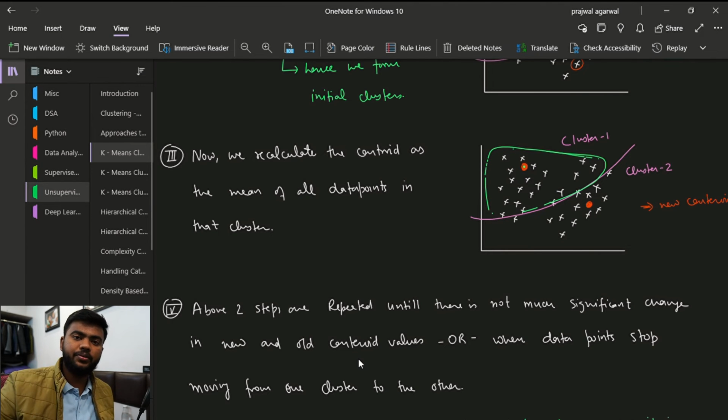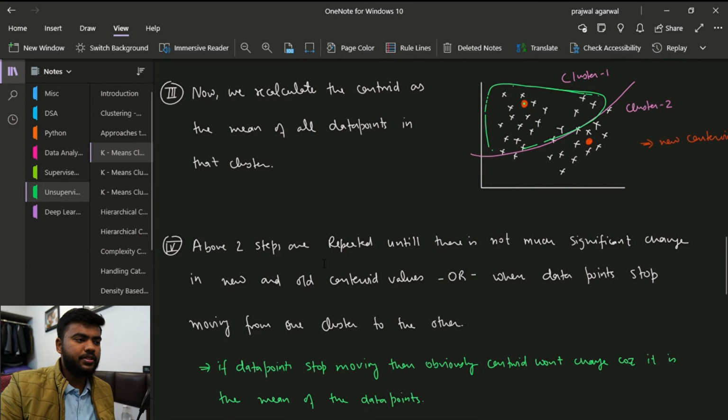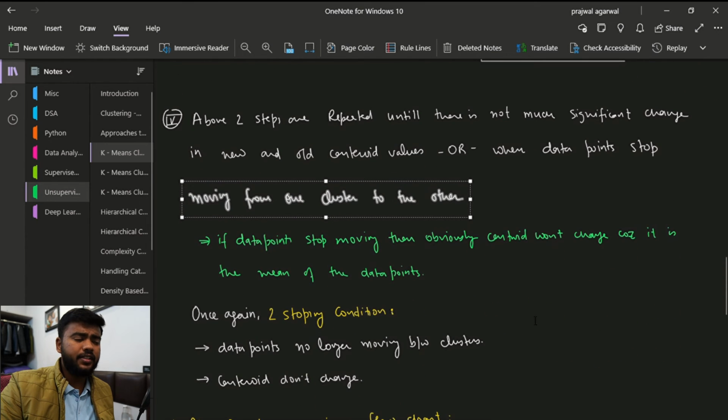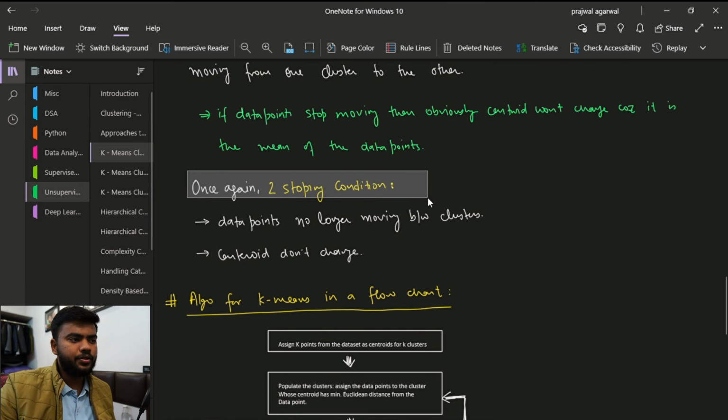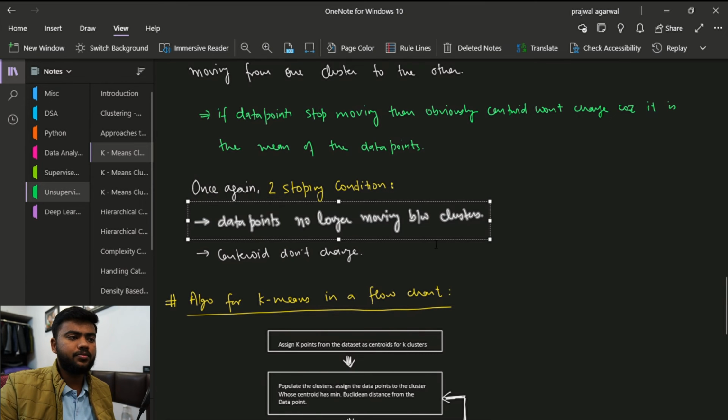This will continue until the data points stop migrating between the clusters. The above 2 steps are repeated until there is no significant change in the new and old centroid values, or when the data points stop moving from one cluster to another. And if the data points stop moving, obviously the centroid is not going to change at all. We have 2 stopping conditions: when data points no longer move between the clusters, and when the centroids do not change.